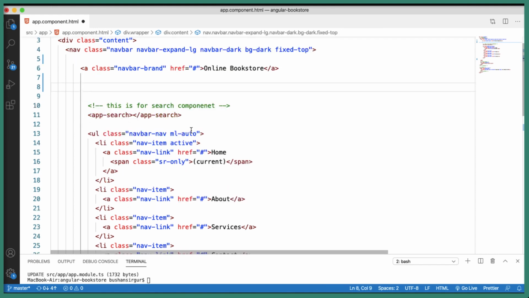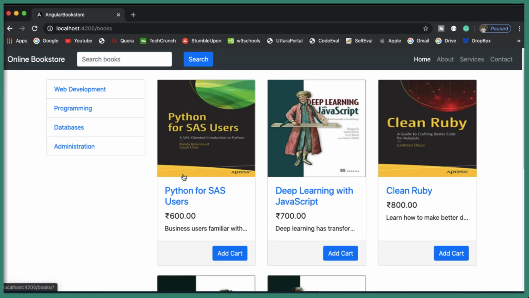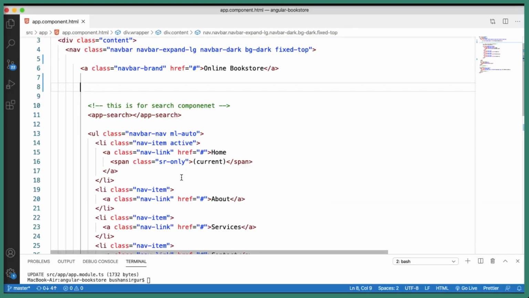Now if you save the application and take a look at the browser, this is how our application looks. We have removed the container part, so there is no margin at the navigation bar. This is fine. Now let's go back to the Visual Studio Code, and I'm going to add an unordered list next to the anchor element.